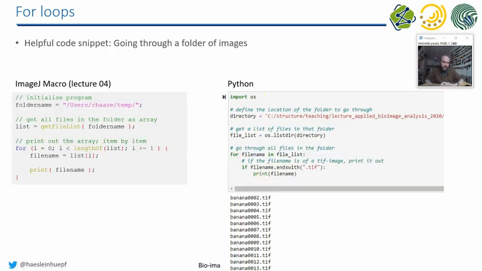So I copy pasted here an ImageJ macro snippet from lecture number 4. This is the ImageJ macro, which allows you to go through a folder, through a list of files representing a folder, and printing out the file names. And here you see the Python counterpart to that. So also here you have a variable which contains your folder name. Then, like in ImageJ, you have a function which gives you a list of files from this particular directory. And then you can, with a for loop, go for every file name in this file list. So this reads a bit more convenient compared to other programming languages. And this is what many people highlight as the cool thing about Python,